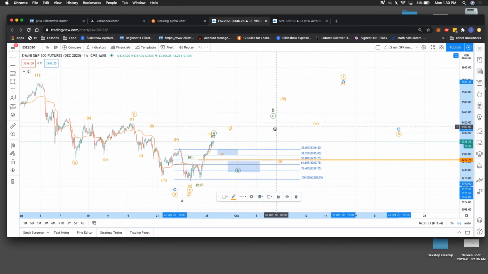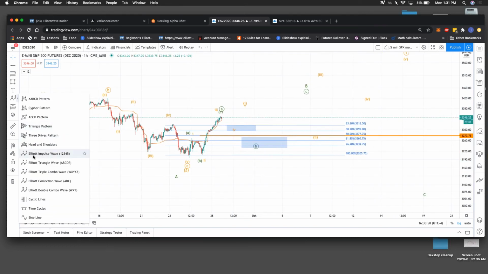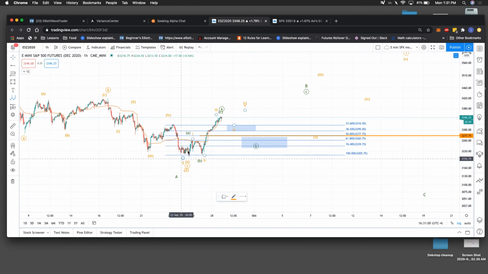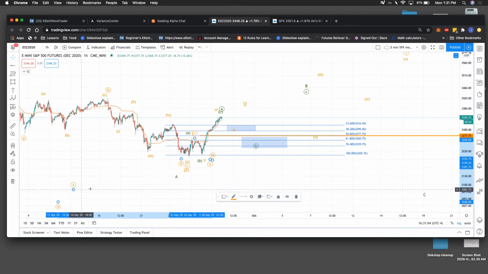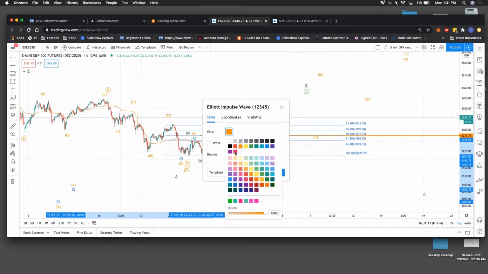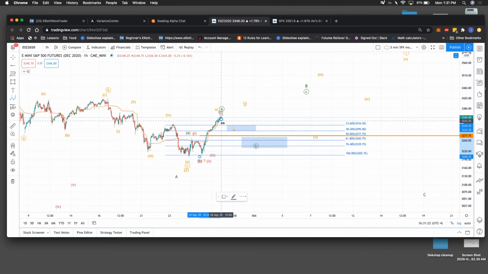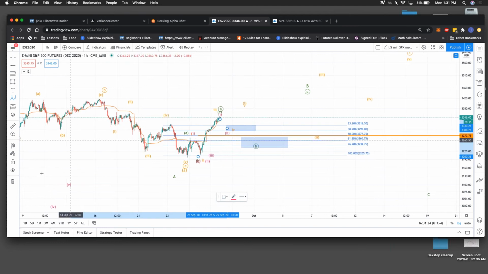My issue with that is if you're going to call this a 1-2, so I'll show that in a different color here, let's change the degree of that and put it in pink. If you're going to call this a 1-2-1-2, it really does not fit nicely here,